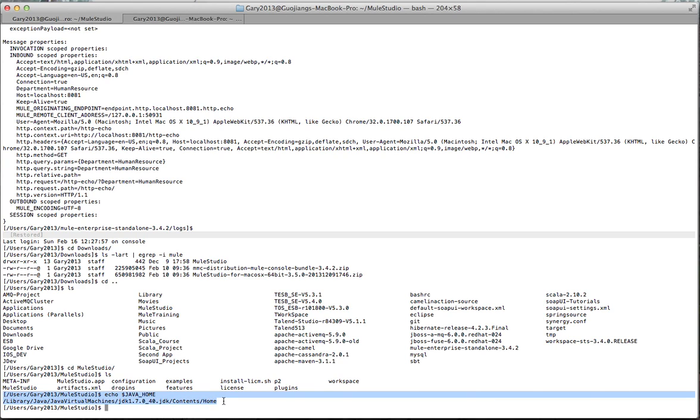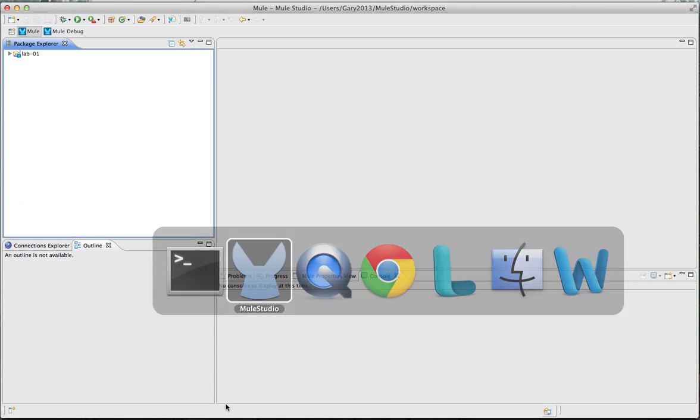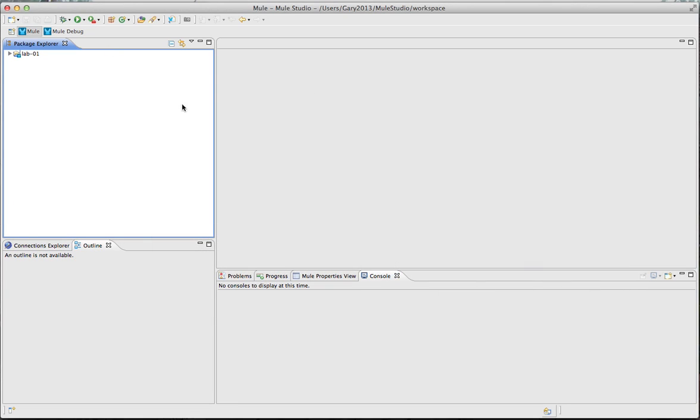On a PC, it's much easier: you download the JDK and point to it. But for MacBook Pro or Mac OS, it's a little bit different, but it's fairly straightforward. Once you have that, you launch the Mule Studio, and then we can create